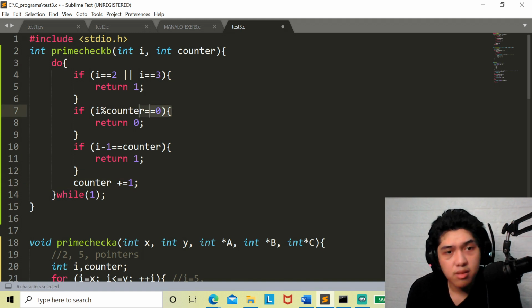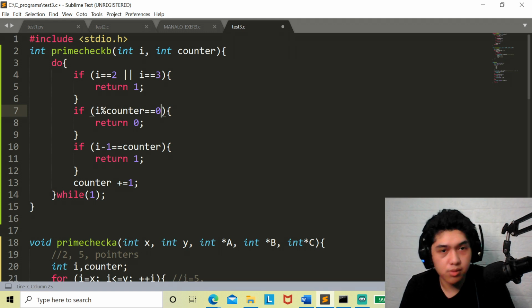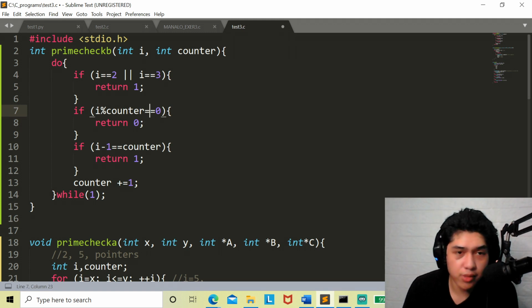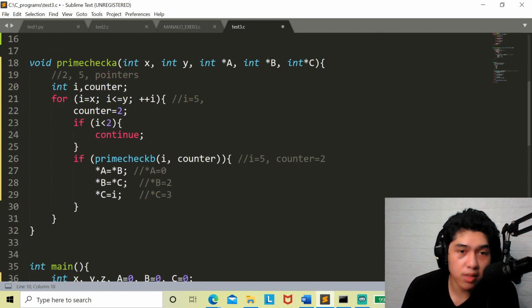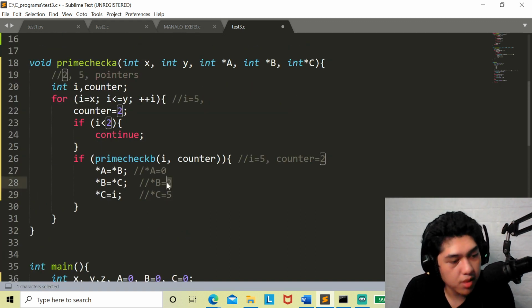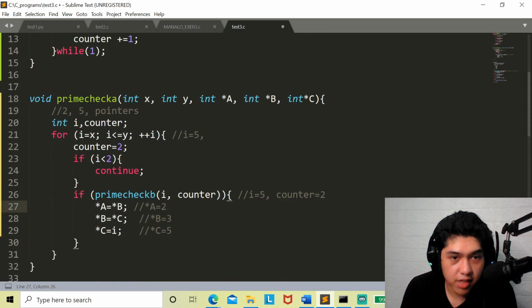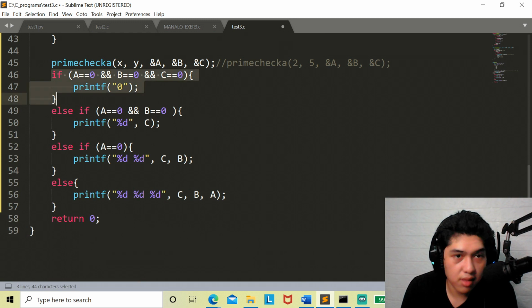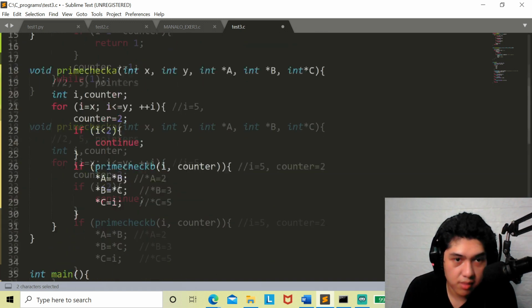Now 4 is not a perfect divisor of 5, so the remainder is not equal to 0, and 4 is equal to 4, so it returns 1. And from there on out, this becomes 5, this becomes 3, and this becomes 2, and so it returns here. Now they have values, it returns for C, the address becomes